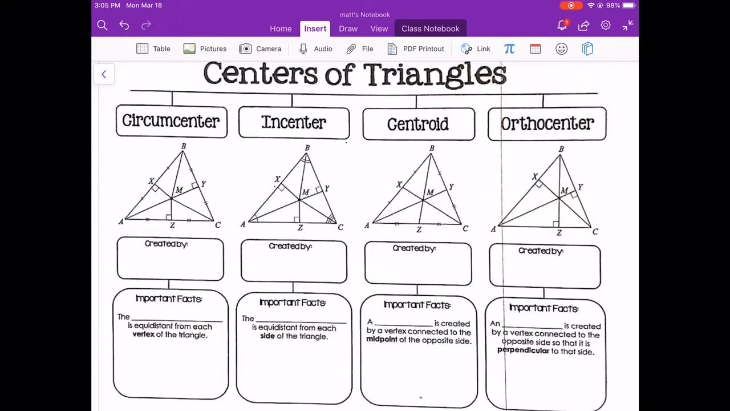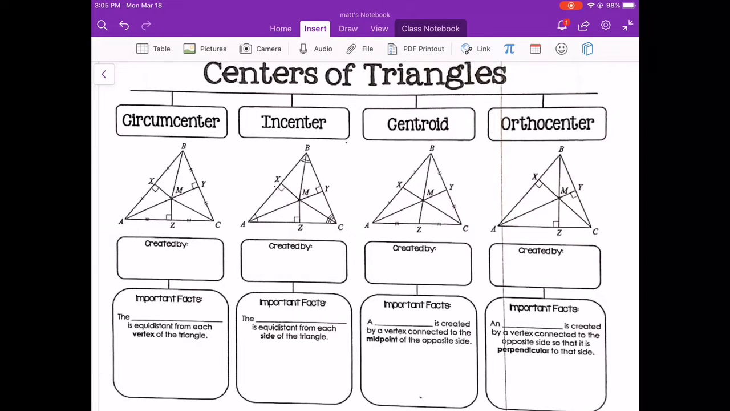So point of concurrency, all three special segments, say all three medians of a triangle or all three perpendicular bisectors of a triangle, they all intersect at the same point. That point is called a point of concurrency, and they have a specific name depending on the type of segments that intersect. So we're going to just go right down the line from left to right here and talk about